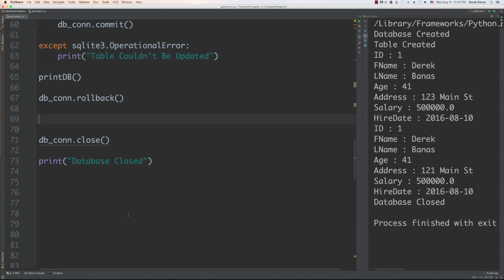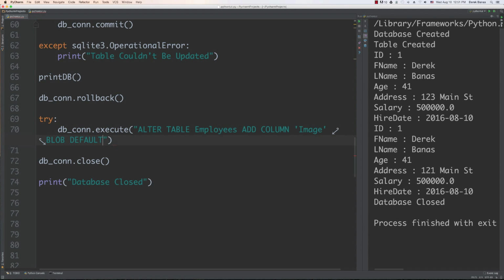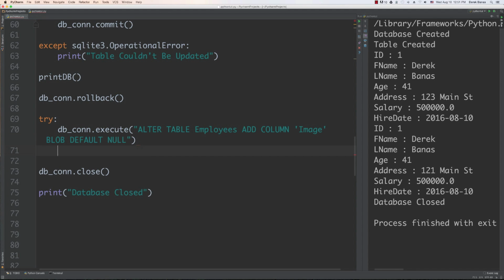You're also going to be able to add new columns or pieces of data you want to add to a table. And how you do that, let's go try again. And we go database connection and execute and alter table, and we can say employees, the guy that we want to work with, and add column. And let's say we wanted to put a picture of the employee inside of there. We could say image and blob and give it a default value of null, and db connect commit is,